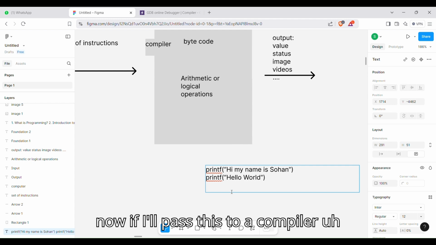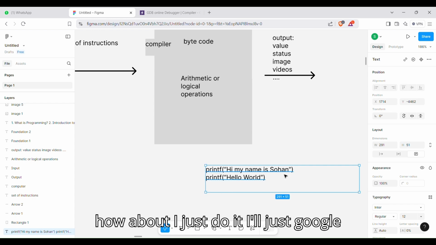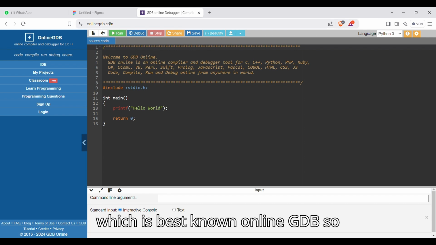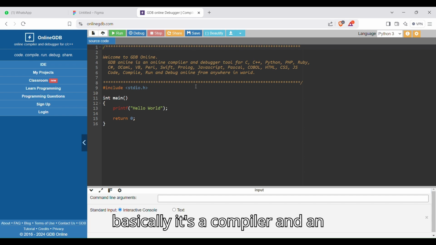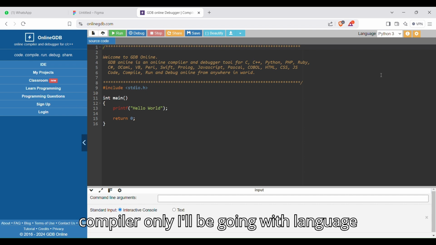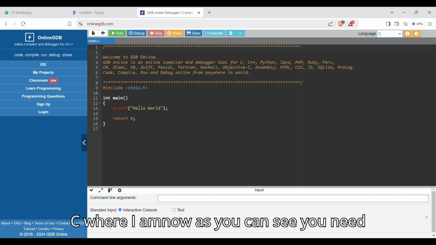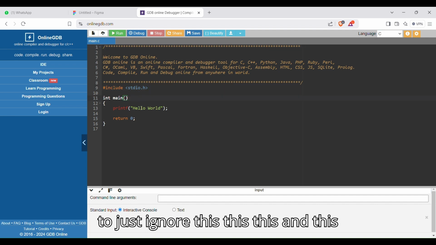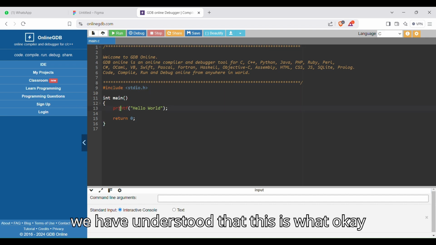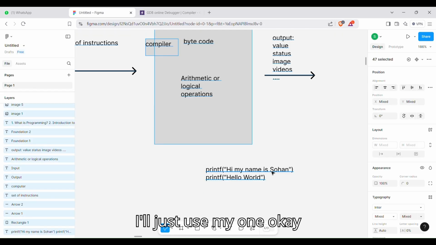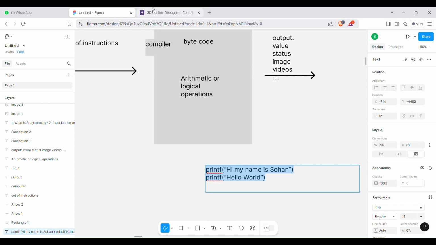Now, if I pass this to a compiler, how about I just do it? I'll just Google it. Here is one of the best known compilers, online GDB. It's a compiler and an interpreter, but let's stick with the compiler only. I'll be going with language C. As you can see, you need to just ignore this and this. We have understood what this is. I'll just use my own code. Okay, my bad. Copy